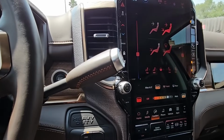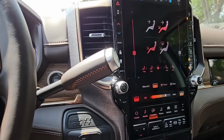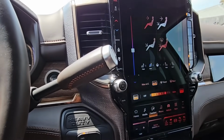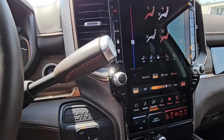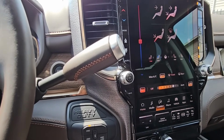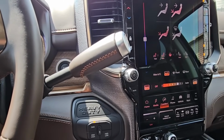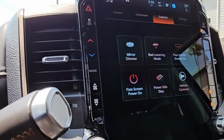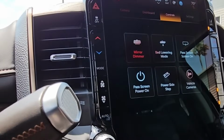You do have heated and ventilated front seats, though it does not have massaging seats. Now, I don't know if there's some option of this truck with it, but I don't think there is. And not having that option definitely sets it a bit apart from trucks that do have that option from Ford and General Motors. On your screen here, it has a pretty cool feature called bed lowering mode